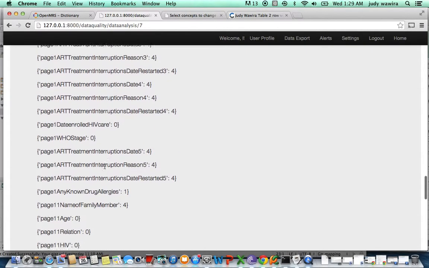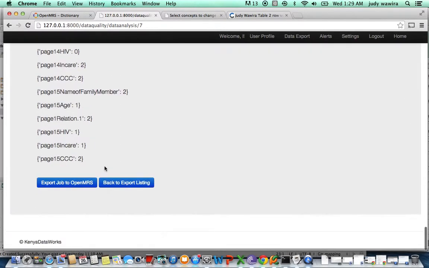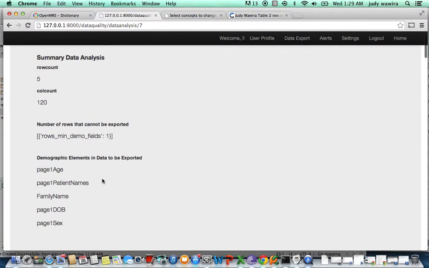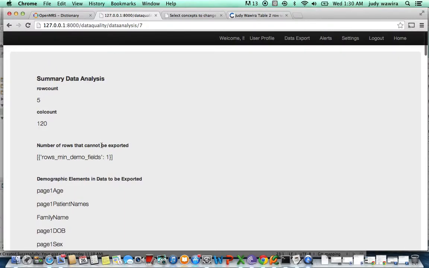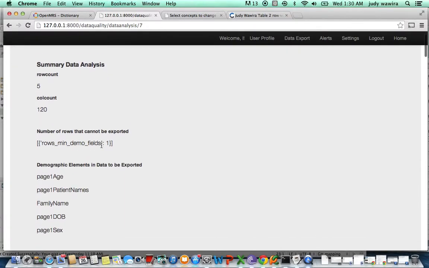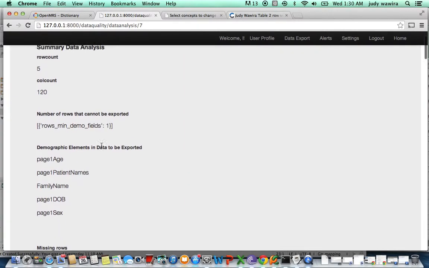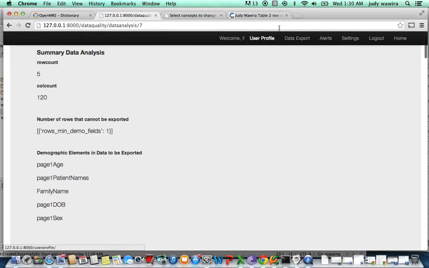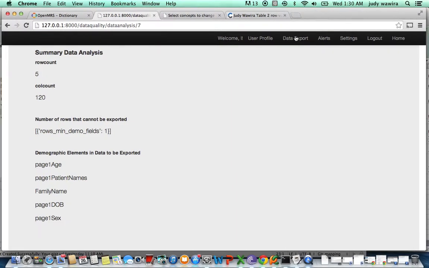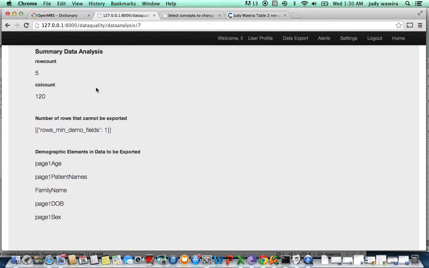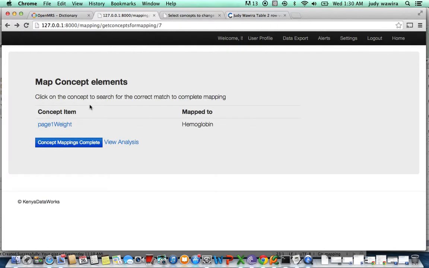Of course, this will be better displayed in a graph so that it looks a little prettier. You can see what elements we want to map. And so the number of rows that cannot be exported just simply refers to those rows that miss the minimum data required to export data into an OpenMRS using REST. And it's not showing right now, but we have also a mapped concept, so you can just go through and see how you map them. So we go back, we can say complete concept mappings,